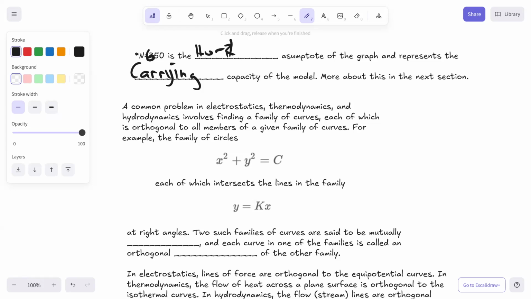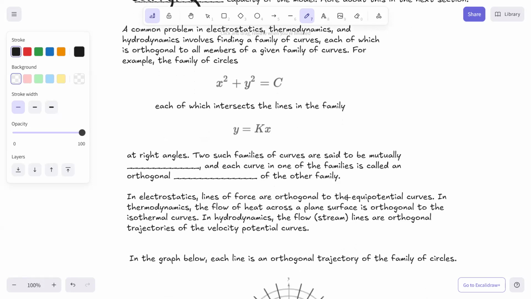A common problem deals with electrostatics, thermodynamics, and hydrodynamics and involves finding a family of curves, each of which is what we say orthogonal to all members of a given family of curves. So for example, a family of circles, x squared plus y squared equals c squared, each of which intersects the lines in the family y equals kx at right angles. Two such families of curves are said to be mutually orthogonal, and each curve in one of the families is called an orthogonal trajectory